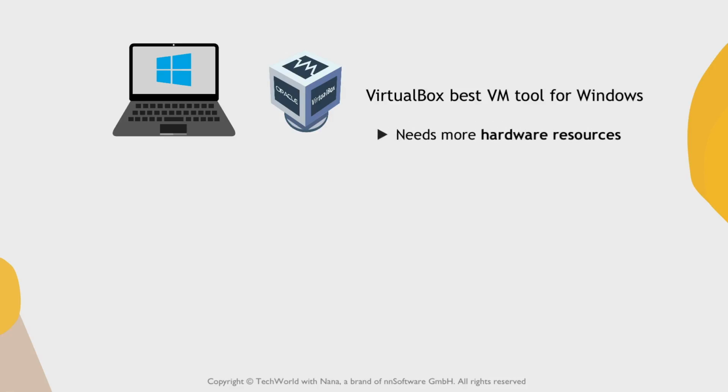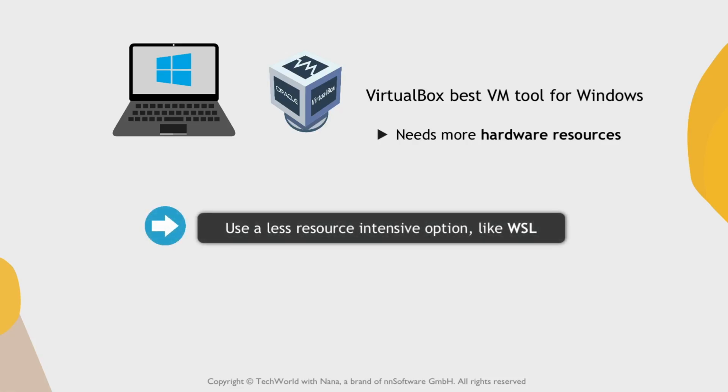And if you don't have enough CPU, enough RAM to allocate to your VM, then I suggest you go with a less resource-intensive option. For example, you can install WSL, which is Windows Subsystem for Linux, which will require way less resources. And again, I will leave the links below this video for guides of how to install